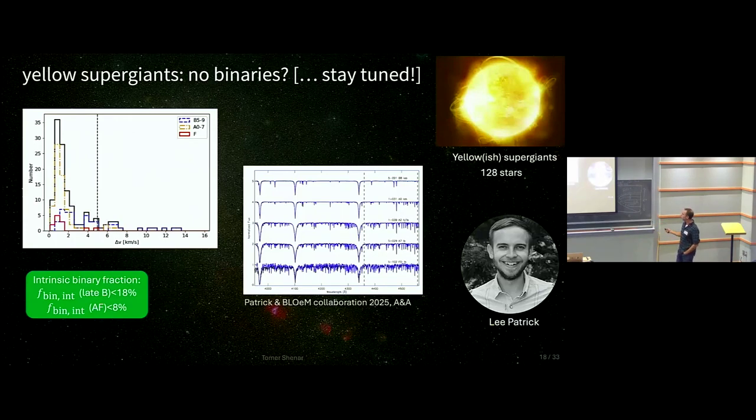These guys have a lot of absorption lines, and we can measure the radial velocities extremely precisely. And when you do that, you find peak-to-peak... This is the histogram of the peak-to-peak radial velocities. If you would take the standard 20 kilometer per second threshold, you would conclude that there are no binaries in this sample. But perhaps this threshold should be lower.